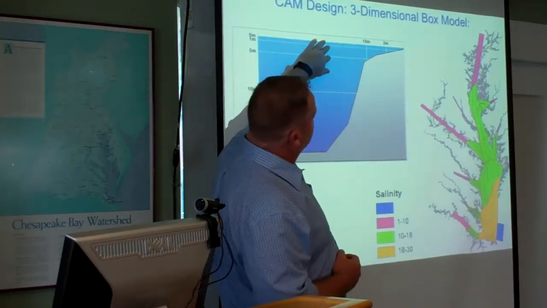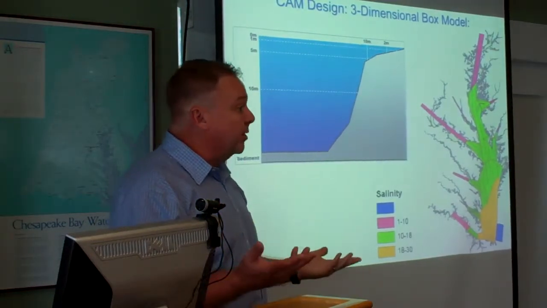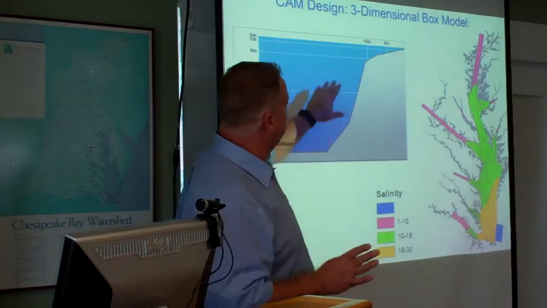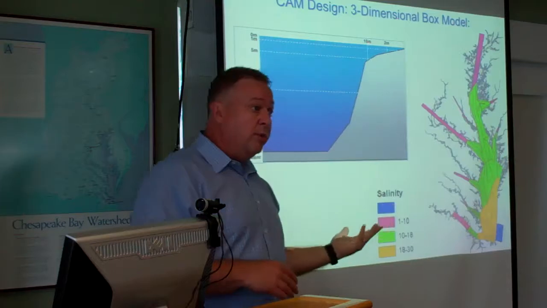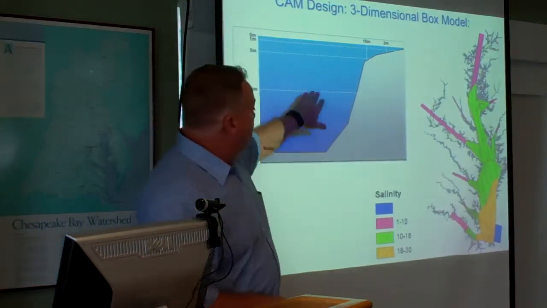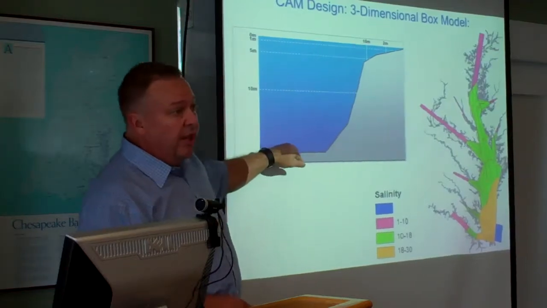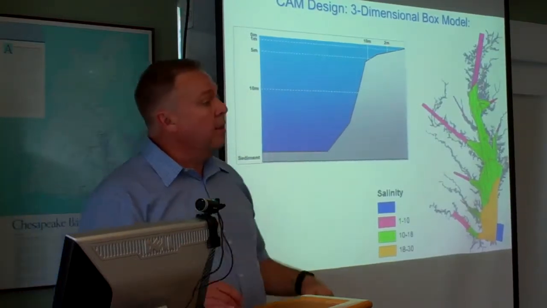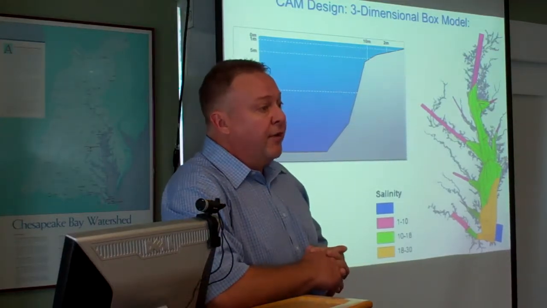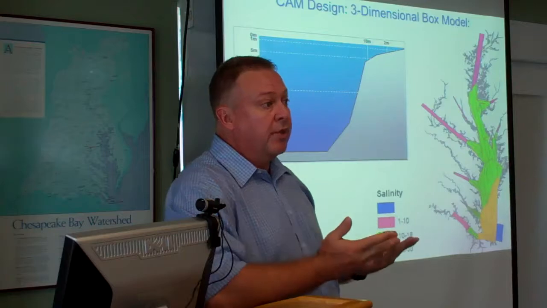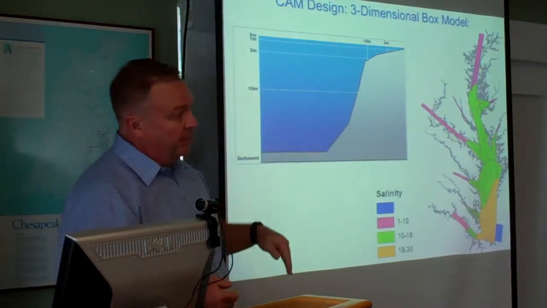Then the next layer is at 5 meters. That's the top of the picnic line. This is a common assumption for the entire bay, so it's a big simplification. And then the bottom of the picnic line is assumed to be at 10 meters down. Anything deeper than that is a 4th water layer, and we simulate 1 meter of the sediment. So we can allow things like bioturbators to have effects, and groups like the clams to live in the sediments, and crabs on top of the sediments.